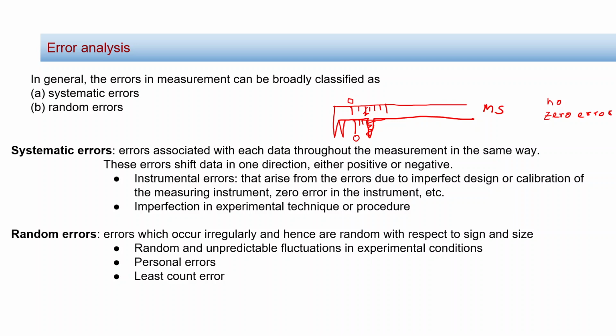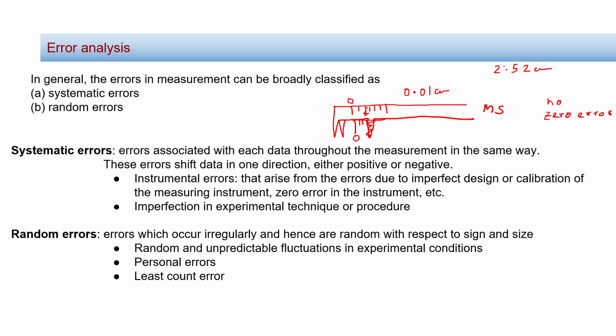zero error, right? What that means is, every time whatever measurement we take, it will be a little higher value. Whatever I am measuring, instead of getting the actual value, I will be getting some positive error in that value. It doesn't matter if I repeat it two times or three times, if that instrument has some positive error, then every time whatever I calculate will be a little higher. Say, because the least count of the vernier caliper is 0.01 centimeter,